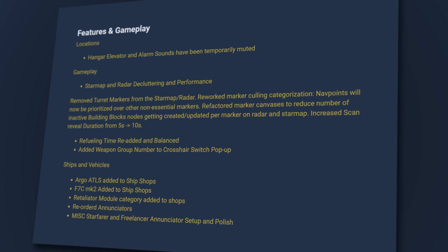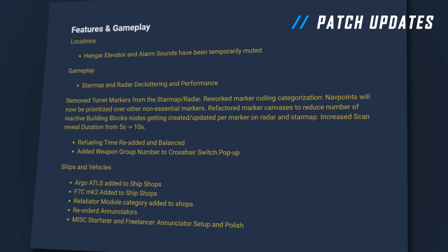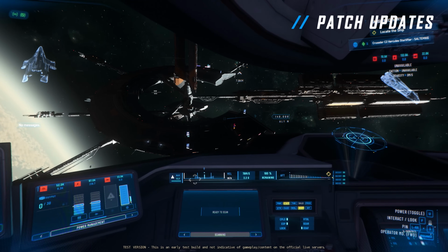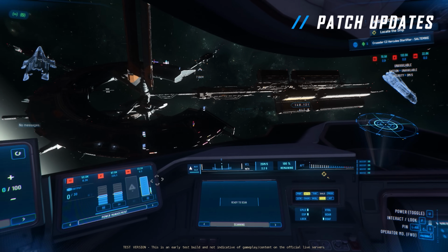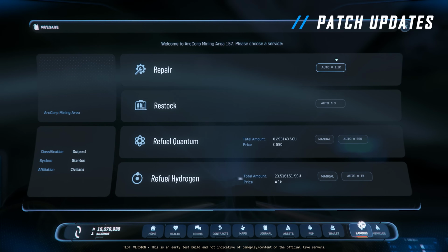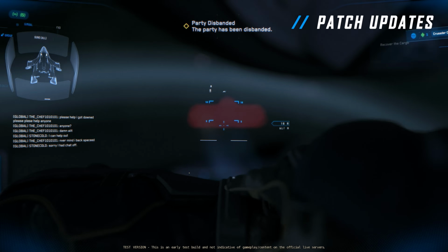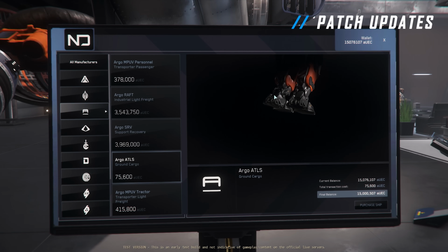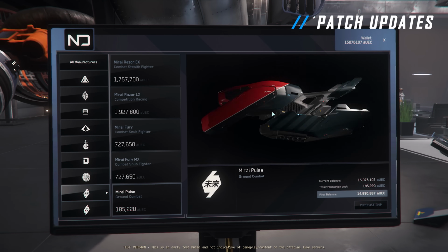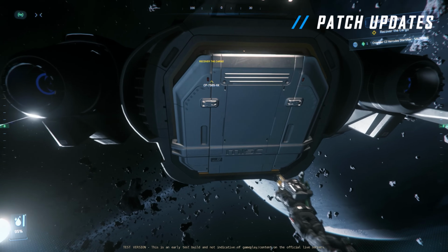All right, we started out on Monday with a PTU for 3.24.2, and they did a few updates where they said they muted the hangar alarm sounds, but they didn't. And then they did declutter radar quite a bit to the point where I wasn't able to lock on to turrets, so how do we destroy them at bunkers? And then they did some refueling balance, and it actually worked at an outpost for me for once. And yeah, they added a number of ships to the in-game shops, the Atlas, the F-7C Mark II, Retaliator modules, and a few more. The main reason for the patch, though, was to test this Save Stanton event thing, but